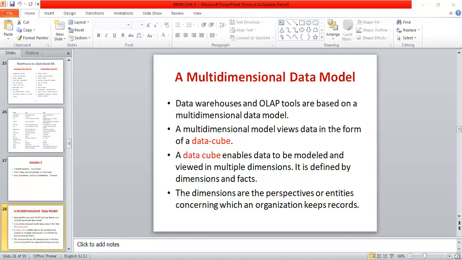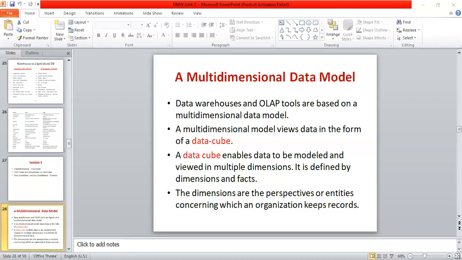Time has a separate table with entities like hour, second, and so on. Items have item name, item ID, and item price. In location there is address, street, city, etc. These are called dimension tables. These tables describe the dimensions further. For example, a dimension table for an item may contain the attributes item name, brand, and type, etc.